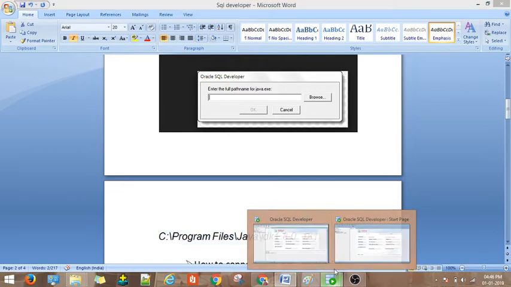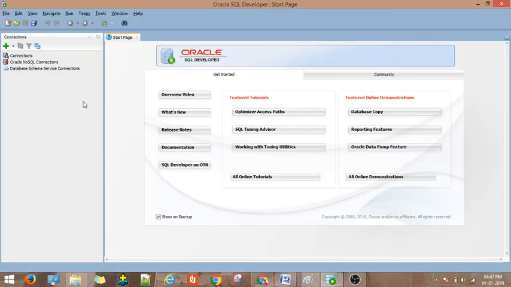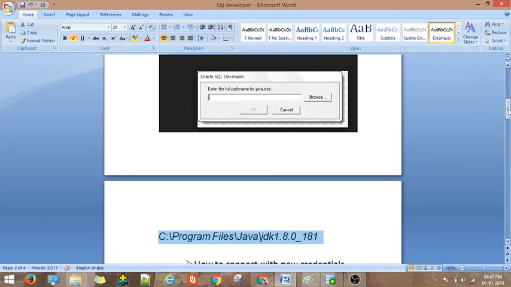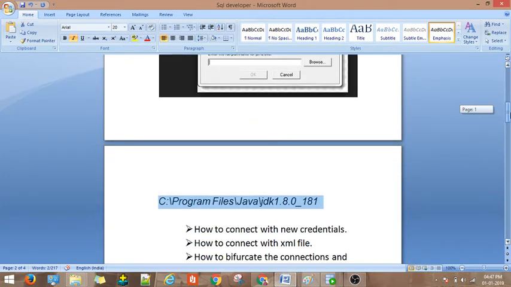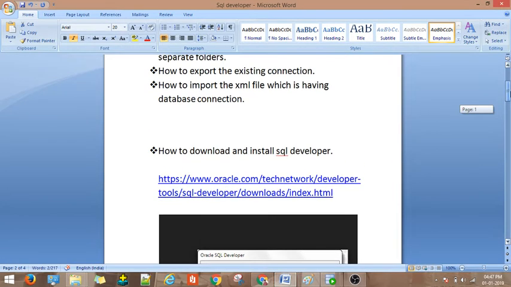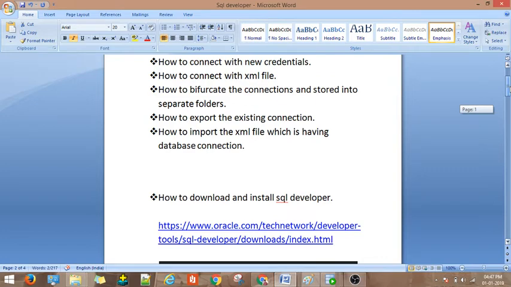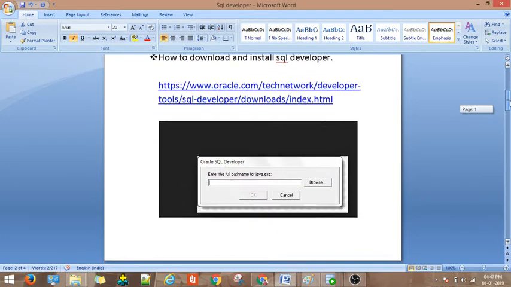Then it will open like this only. That is how to download and install SQL Developer. We have completed the download part and the installation part.